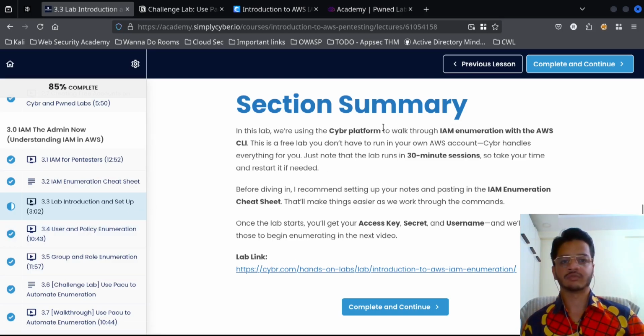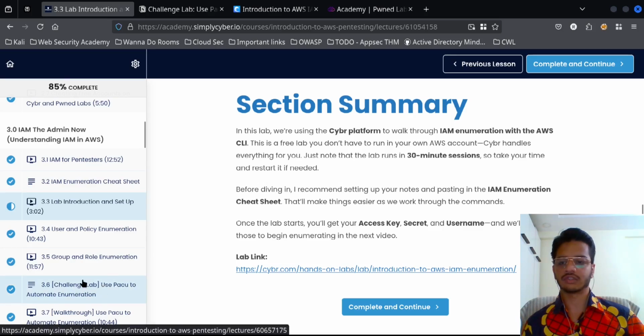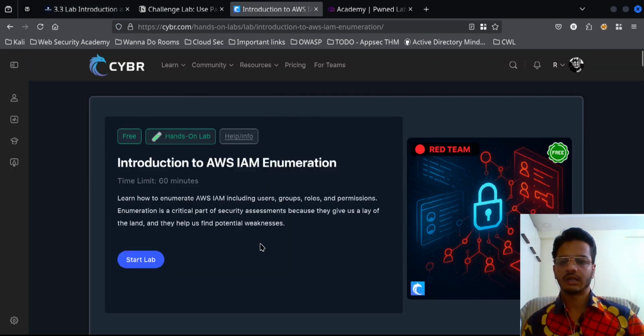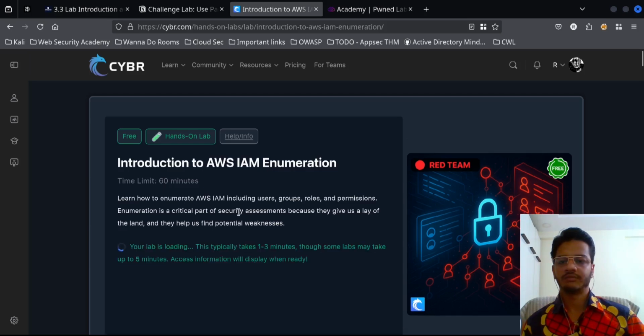It's a lab from the Cybr platform for IAM enumeration with the AWS CLI. Now the challenge of the lab is to use PACU to automate enumeration, and to do that we first have to see how we would do it manually using this lab from Cybr. I have this open here, and you can see we get a time limit of 60 minutes. We can start this lab because it takes a while to get started, and